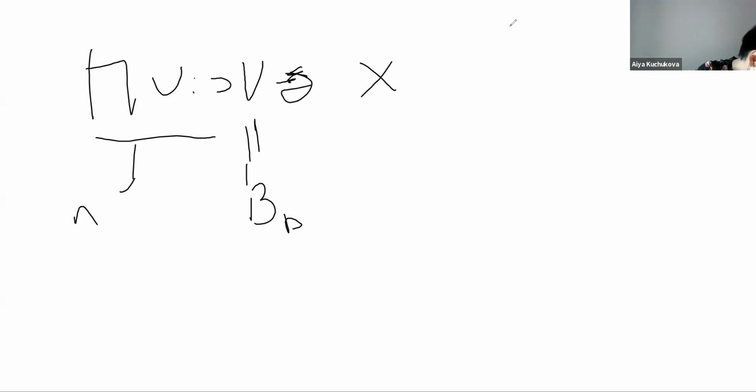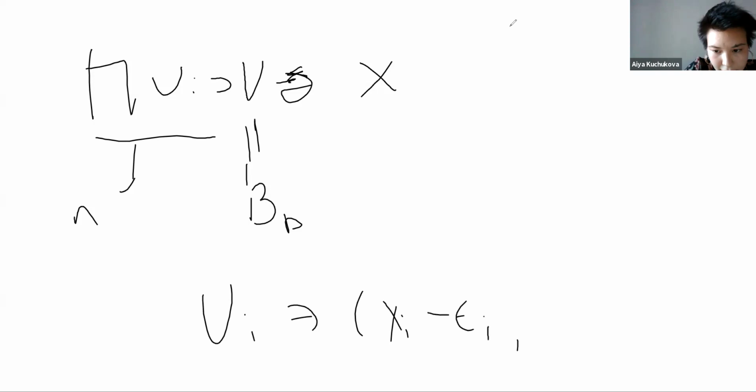And for those first n, of course, we can always find some intervals. So if you have ui, you can find something like (xi minus epsilon i, xi plus epsilon i). And I think I explained why before, because ui is open. And so you just do that for all of them, and then you take epsilon